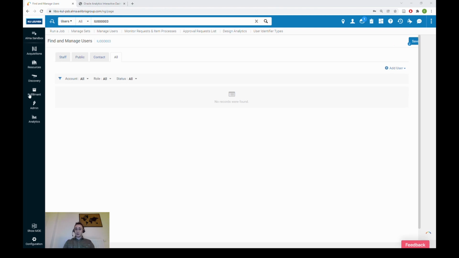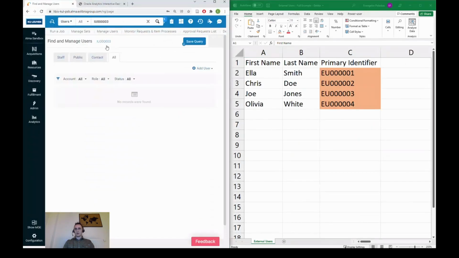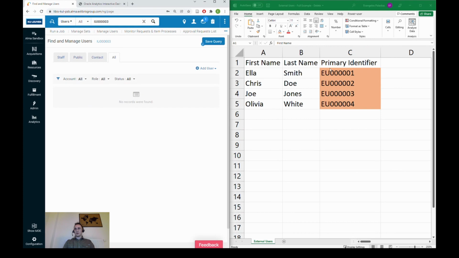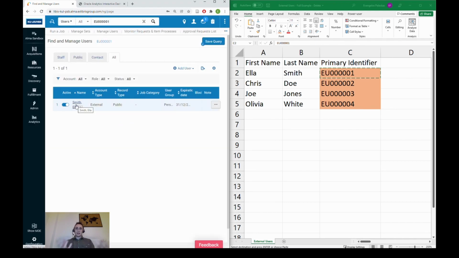The same principle applies to external users. So let's take a look at an example. We have again the primary identifier column, and we can search based on the primary identifier. We can see that the names are the same, but the users are different because they have a different primary identifier.